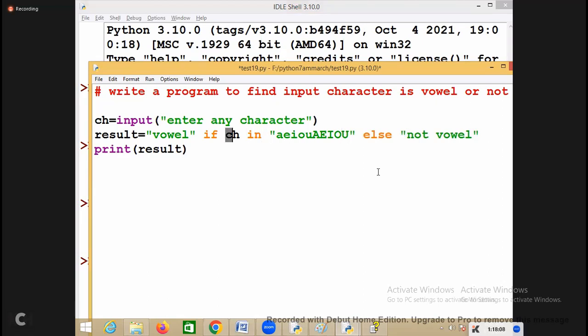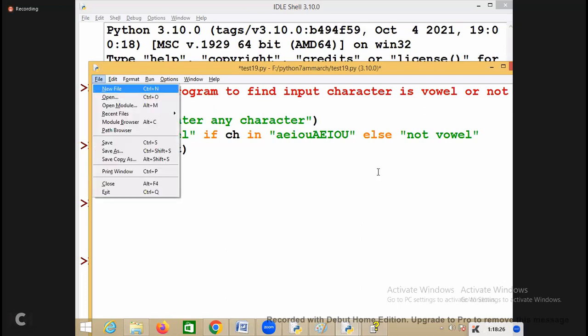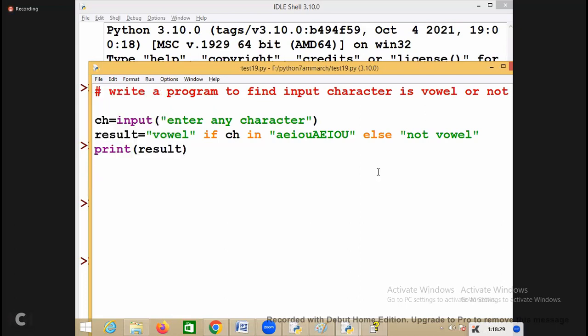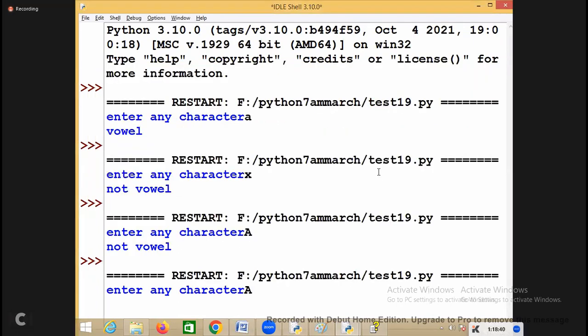Okay, now you can write like this. Now, character in group of characters. Now, collection of characters is nothing but what here? String. Now, inside this string, it will search: is AEIOU there or not? The in operator is used for what? Searching. So now using the in operator, you are searching whether the input character is there inside the collection of characters. If it is there, it will return true. Otherwise, it will return